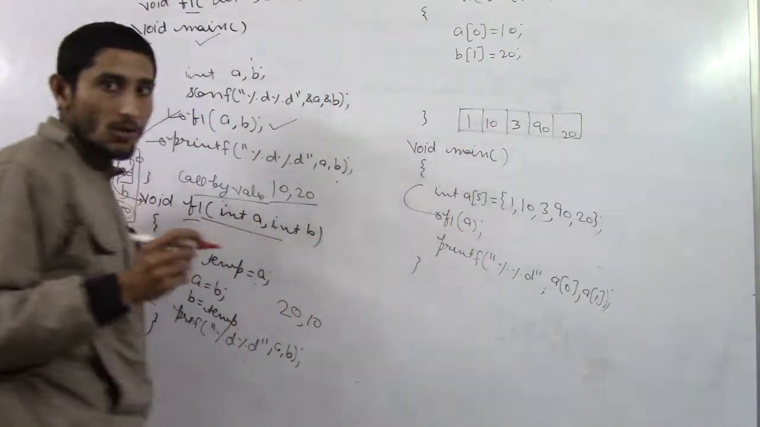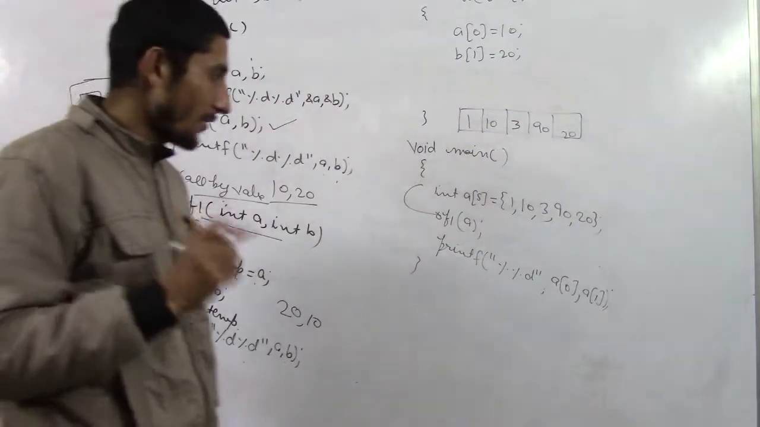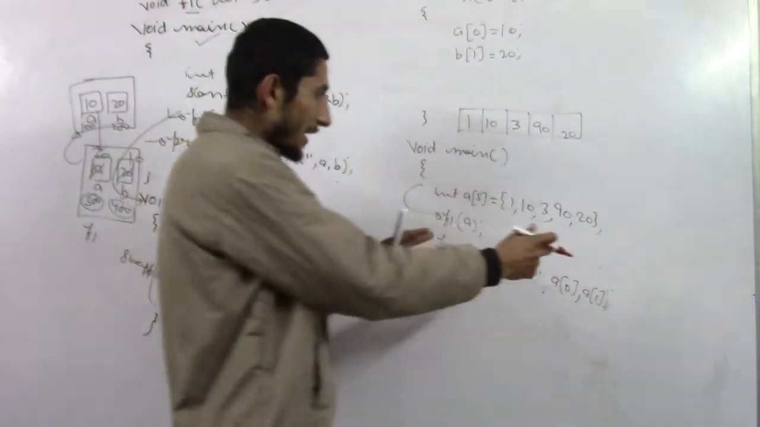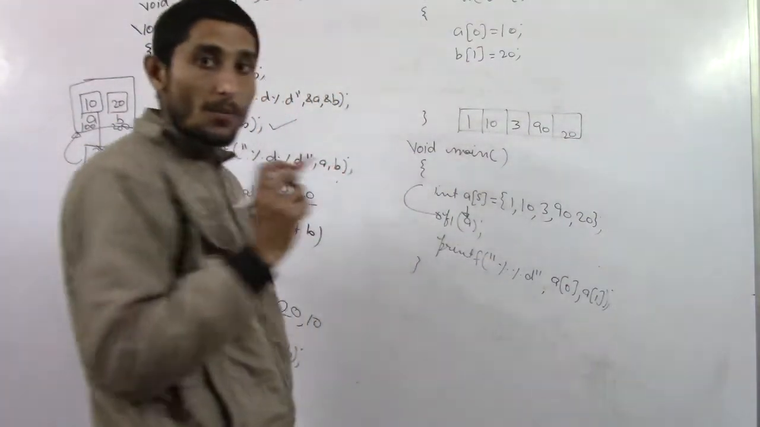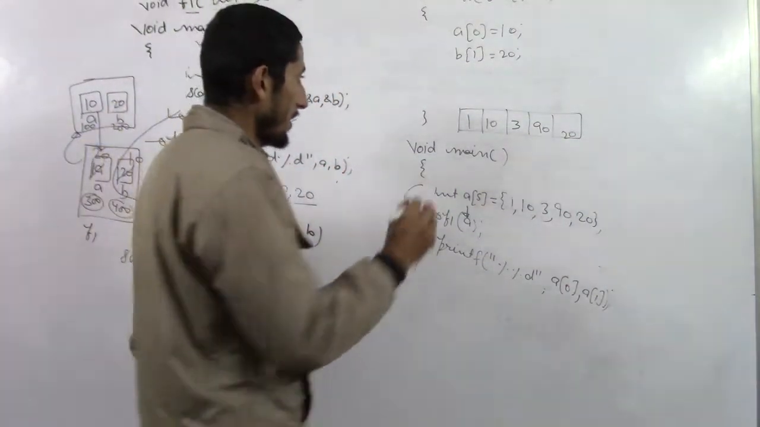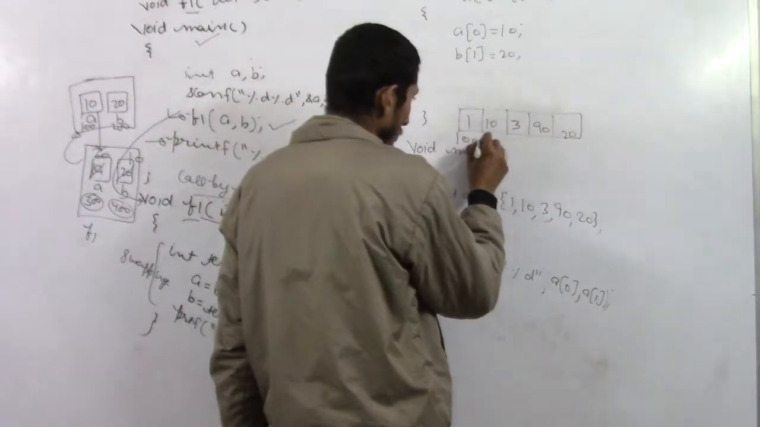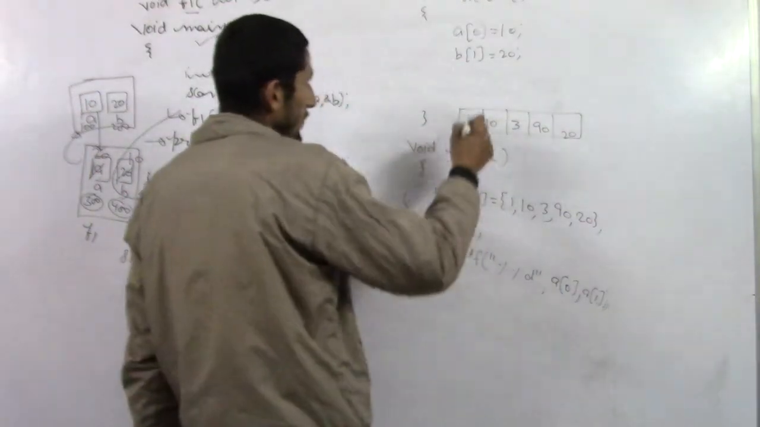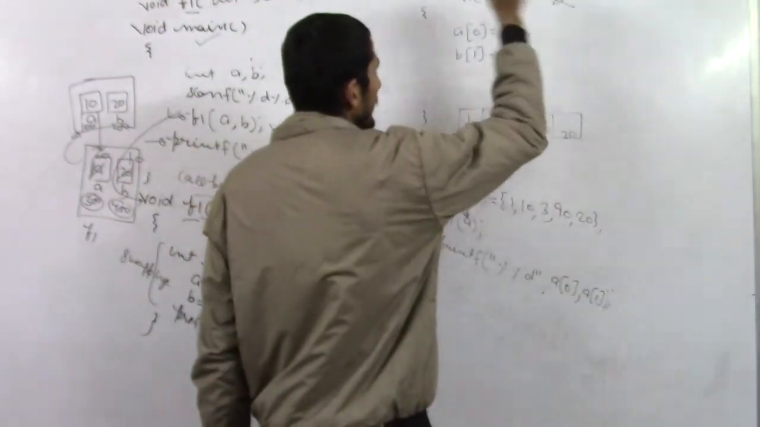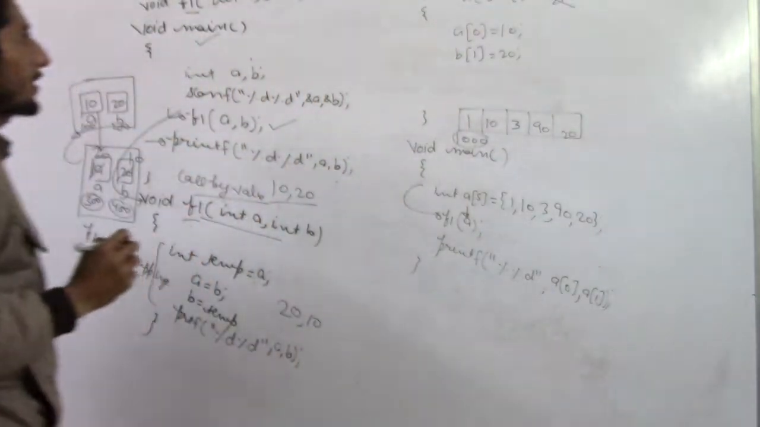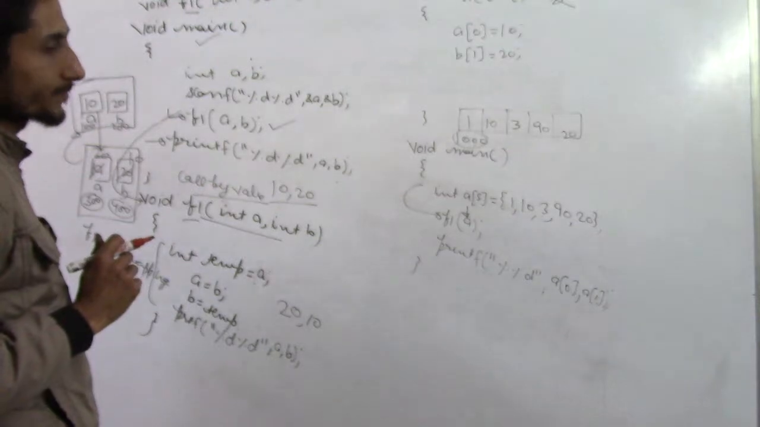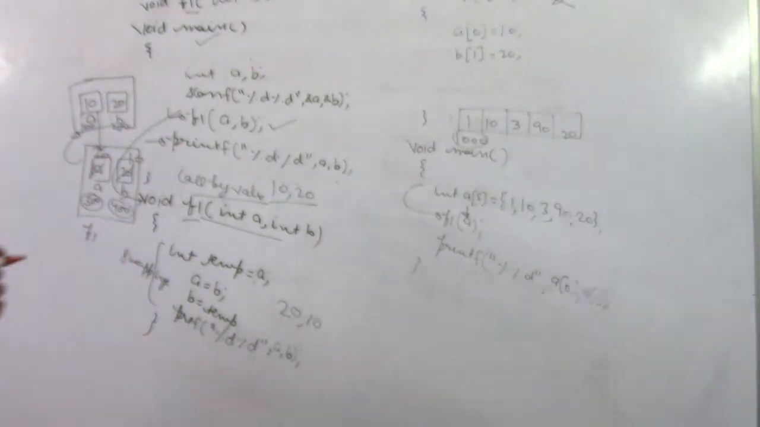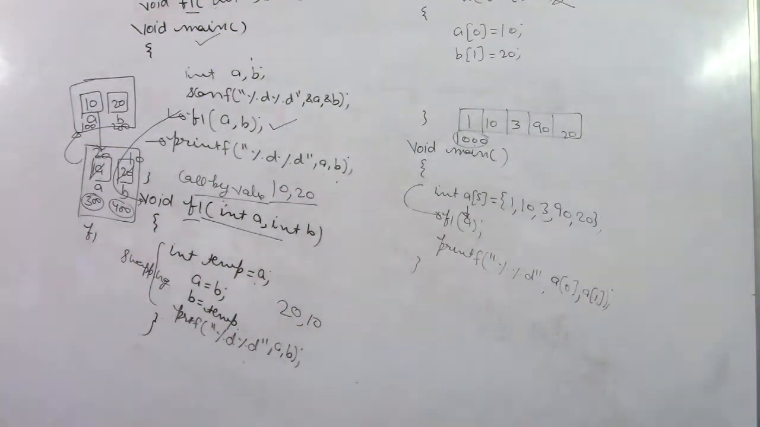Whenever you are going to pass the array, what will happen? The complete array will not be passed. You are passing the array, meaning you are passing the base address. Let's say the base address of the array was 1000. So 1000 will be copied in this A. Are you following this? 1000 will be copied in this A, and what will happen? You are changing the value of